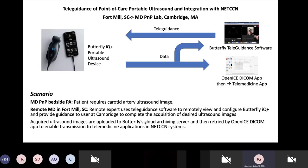So now we'll go to the final real-time demonstration. This is a demonstration of teleguidance of point-of-care portable ultrasound and integration with Netson. Now, I can tell you that when I started in medicine, ultrasound was a little bit different. Every image looked like a Rorschach test. Fortunately, things have come a long way. Not only is the image quality better, but we're talking about tiny devices that attach to a smartphone